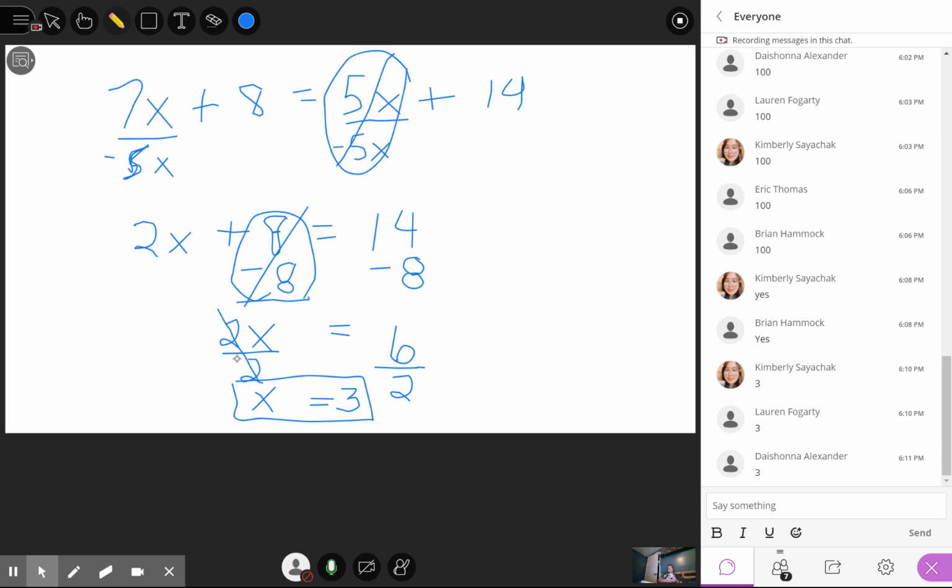Now, the beauty of knowing how to evaluate is we can check and see if we got our answer correct by taking and plugging that 3 back in for the x in the very original equation. So if we plug in a 3 for this x and for that x, we can test and see if we actually got the answer right. So let's do that. If we put in 3 right here, we'll have 7 times 3 is actually 21. And 21 plus 8